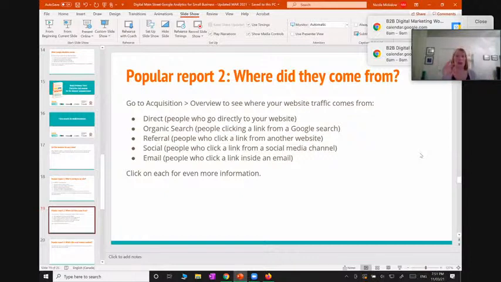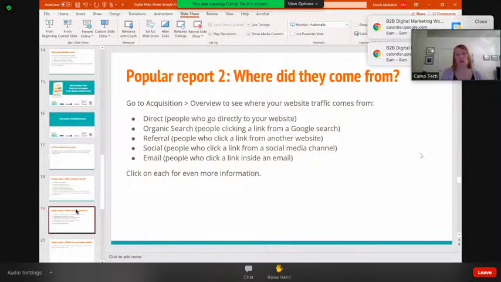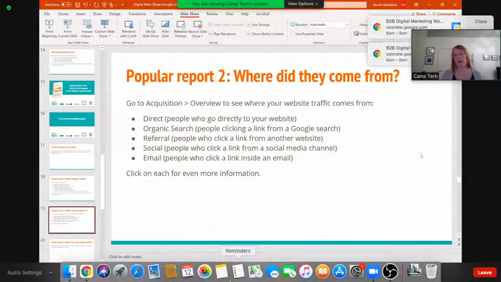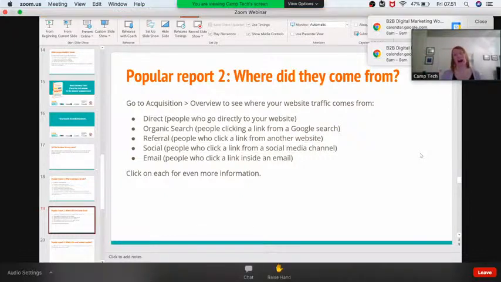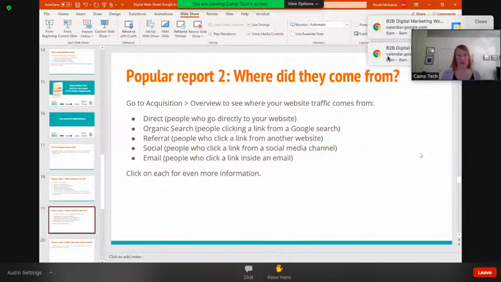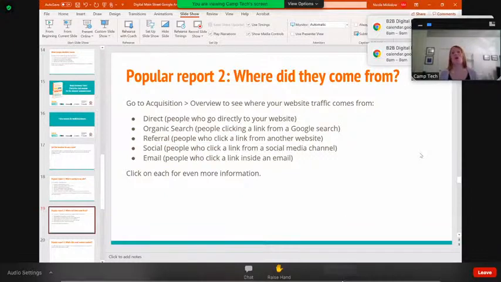In terms of other ways, there's social media. If people click a link from any of the main social media channels, Google can track that too. And then there's also email. So if you've got email marketing going on and you have links inside your emails, it can track that as well. And you'll have analytics in your email software too, but this way you can also see it